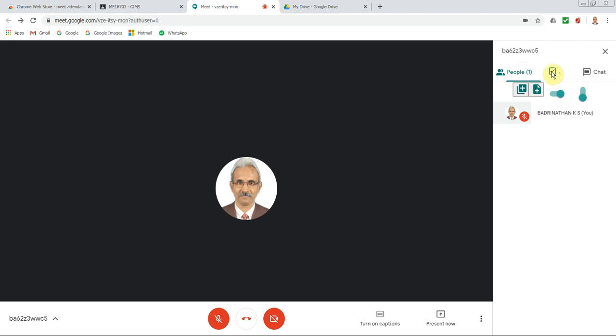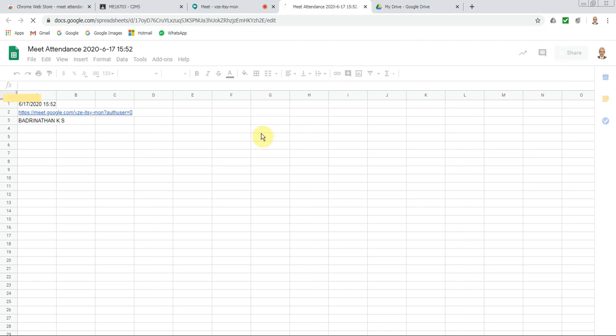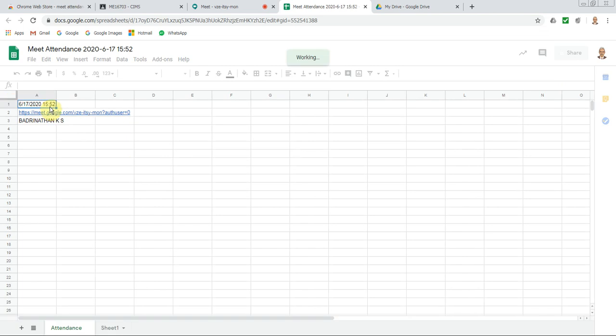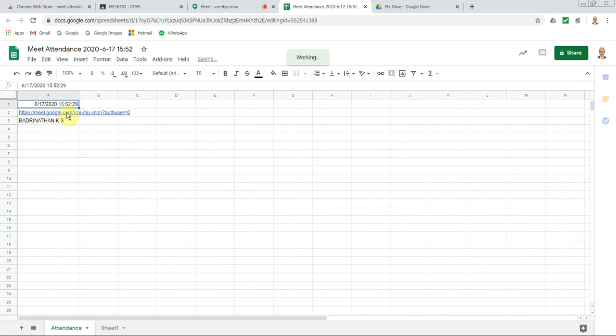So now we will take attendance. Right? Here you can see the date and the time at which the attendance was taken. At 15:52 we have taken the attendance, and this is the meeting link, and these are the participants. So now we'll close this.